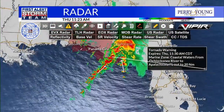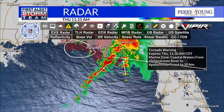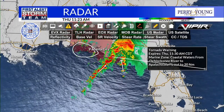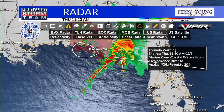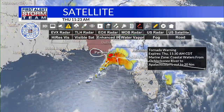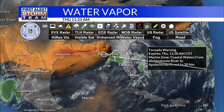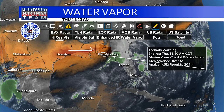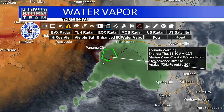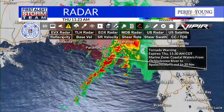You'll note that the storm's popping up over here, not as deep either. A lot of that has to do with the drier air that is going to be filtering in and undercutting our current conditions that will be ongoing. So looking at the water vapor, that's good imagery showing that dry air that's going to be driving in as we go through the next 2 days or so. So that's good news. That should help limit the potential for severe weather as we go into the afternoon overall,